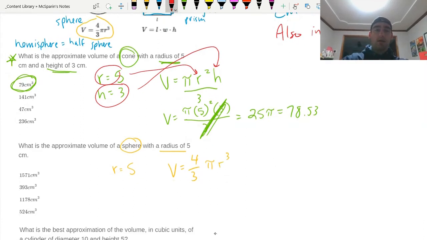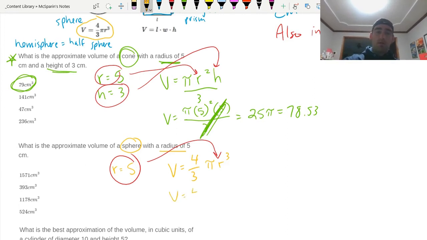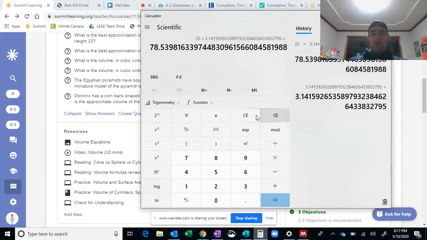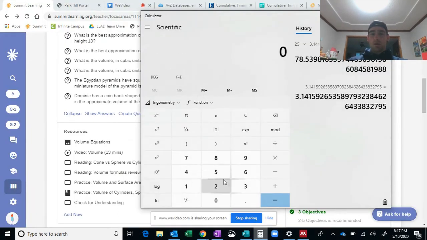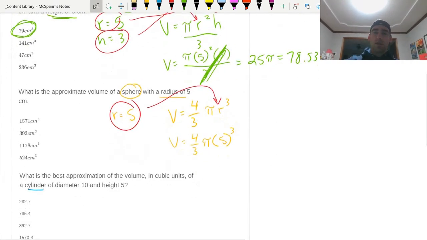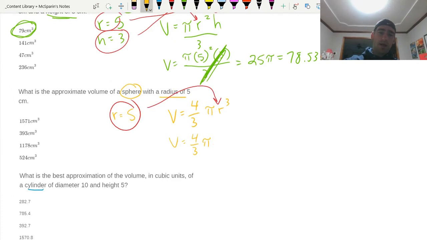Okay, now I'm going to take my r. I'm going to plug it in there. We'll rewrite the equation. Oops, I don't want red, I want orange. V equals 4/3 times pi times 5 to the third. All right, so let's do 5 cubed, 125. All right, so we can just replace that